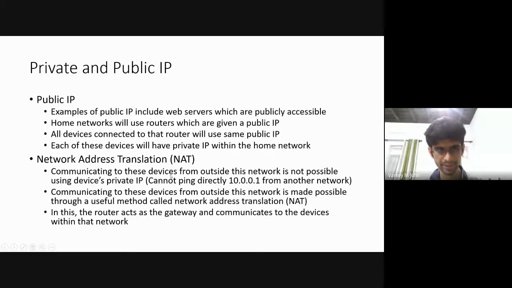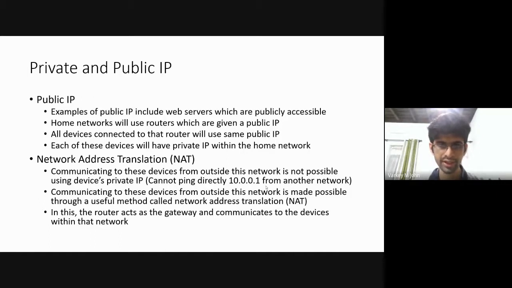So there's something called network address translation, which helps people. If you want to connect to, let's say, your neighbor's device, you can't directly communicate with their private IPs. Let's say their private IP is 10.0.0.1. You cannot directly communicate with 10.0.0.1, because if you try pinging, which is basically trying to communicate to see if the host is there,